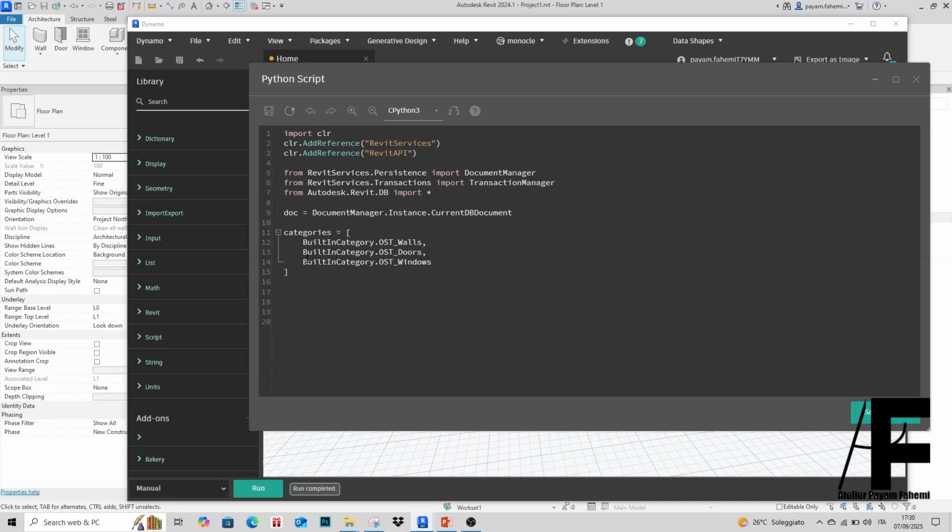And of course, we need a list to store our elements. We are going to name it elements and create an empty list. And we are going to get all the elements of those categories inside our project. For that, we're going to use for loop command. I'm going to say for cat in categories,